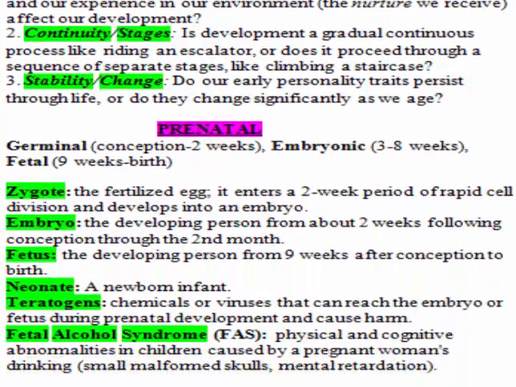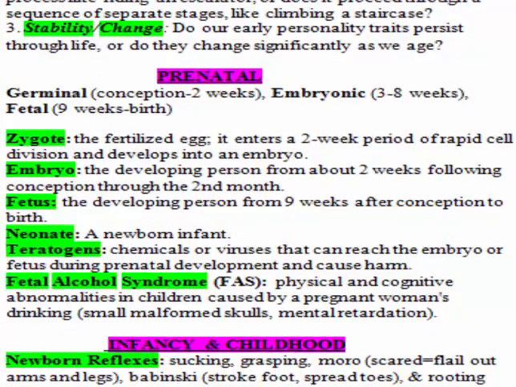Next, we're going to look at concerns during prenatal development. So we have the germinal stage, which is conception to 2 weeks, embryonic, which is 3 to 8 weeks, and fetal stage, which is 9 weeks to birth. A couple key terms here: zygote, embryo, fetus, neonate, teratogens, and fetal alcohol syndrome. Remember that when I showed you these slides, I had mentioned you learned a lot of this in biology, but we looked at